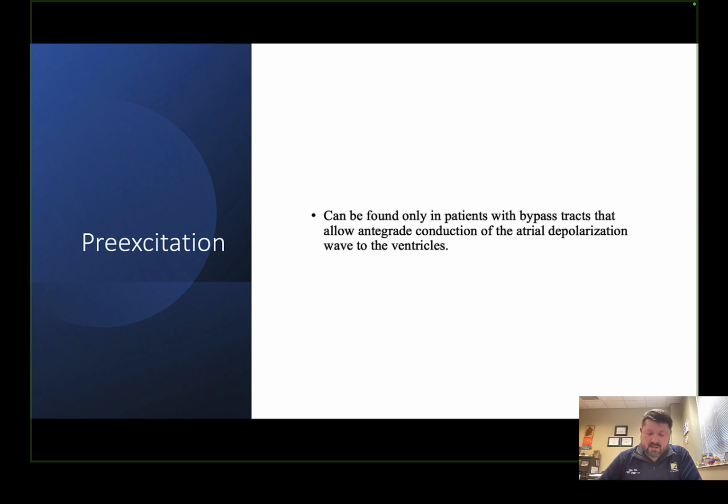Pre-excitation. Always check for pre-excitation. It can be found only in patients with bypass tracts that allow antegrade conduction of the atrial depolarization waves to the ventricles. Therefore, these patients have to have at least two connecting pathways between the atria and the ventricles, the AV node and then the bypass tract. It is important to note that pre-excitation can be seen only when the patient is not actively in a tachycardic